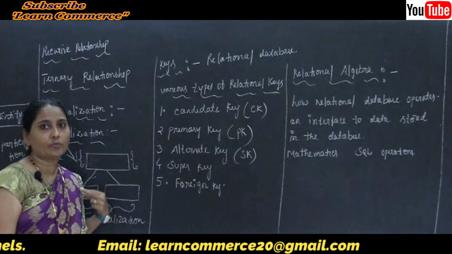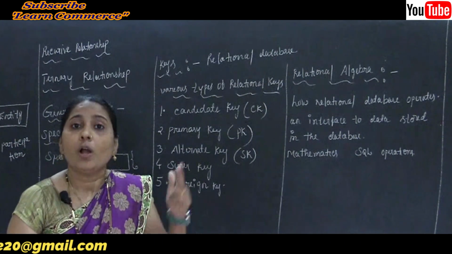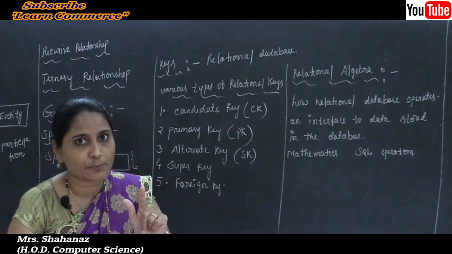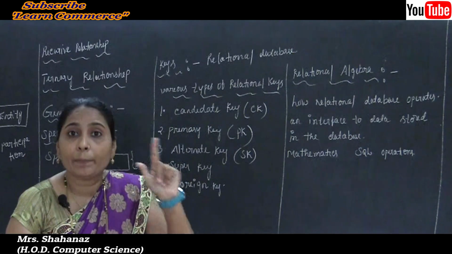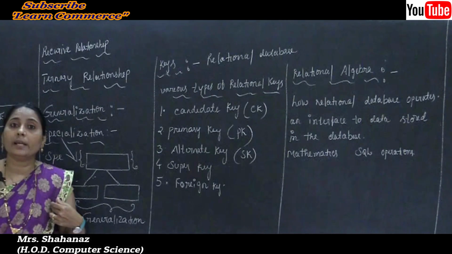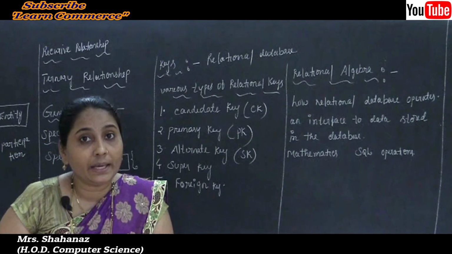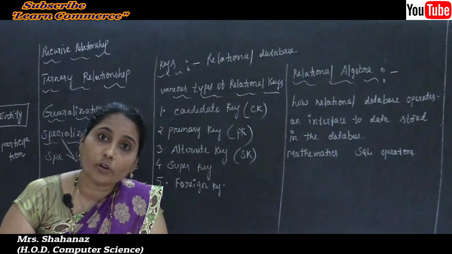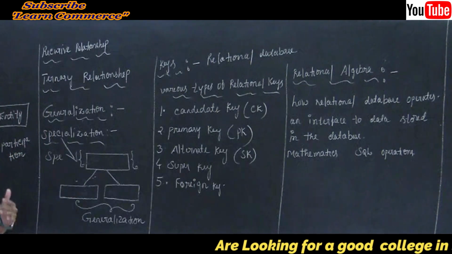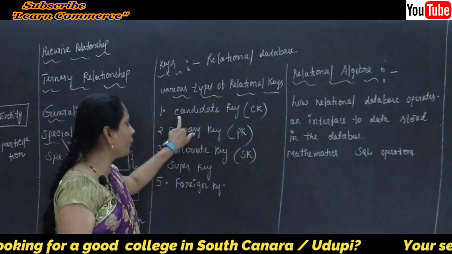So what's the meaning of the candidate key? Here also, it is a set of, or any set of one or more columns whose combined values are unique among all tuples, or the rows. Why? Because what is the meaning of the tuple? The record, the row is also called the tuple. A single entry in a table is called a record, row or tuple. So we can say that whatever value we enter, such value is not going to repeat. So this is the meaning of our candidate key.